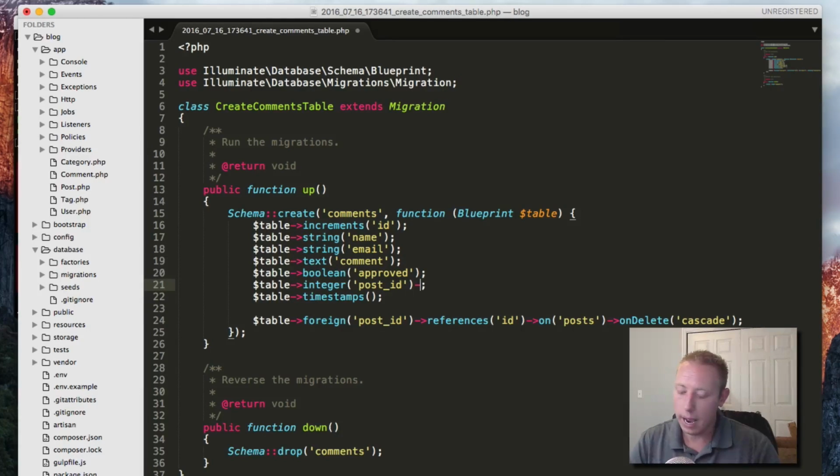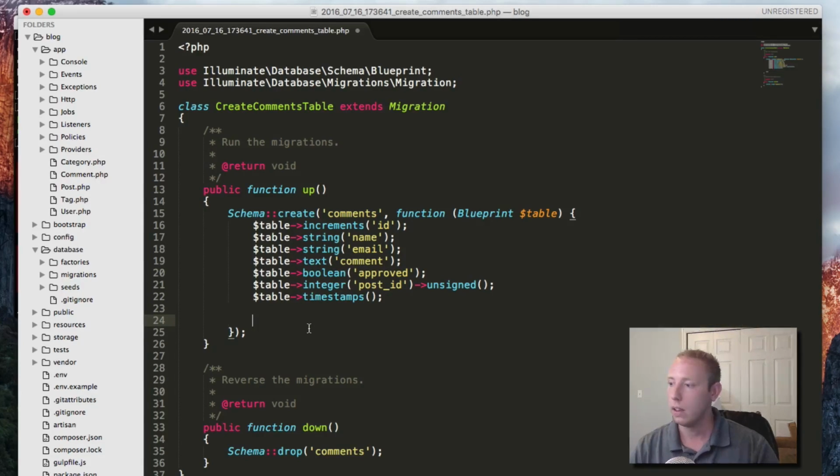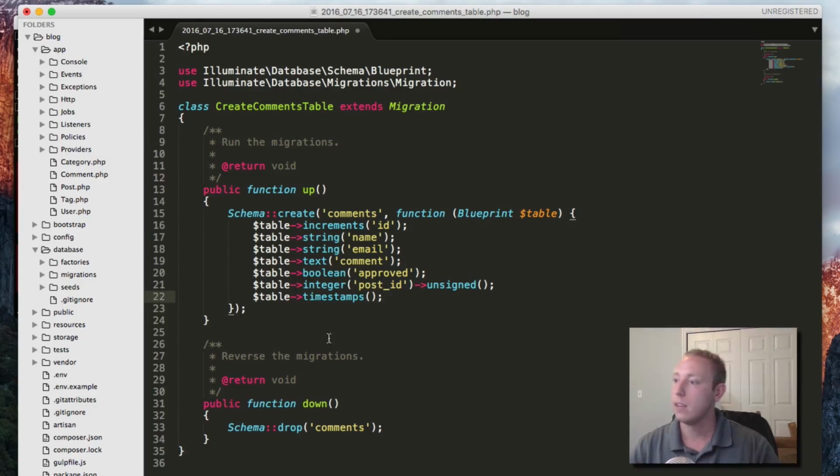The other thing is you don't have to do this, but it's a good idea. You just do unsigned. Since you'll never store a negative ID number, you don't need to have it. You can have it unsigned. It minimizes memory use. Okay, so let's go ahead and add unsigned to our integer here. Hopefully that made sense though, guys. Okay, so I'll show you what it means. What we need to do is set up this first option here to create all these fields with the post ID. Okay, so we need to do that. And then